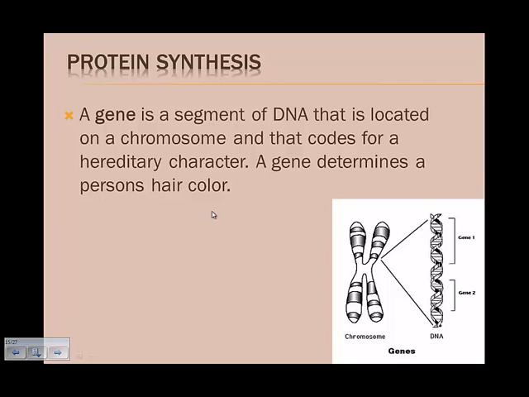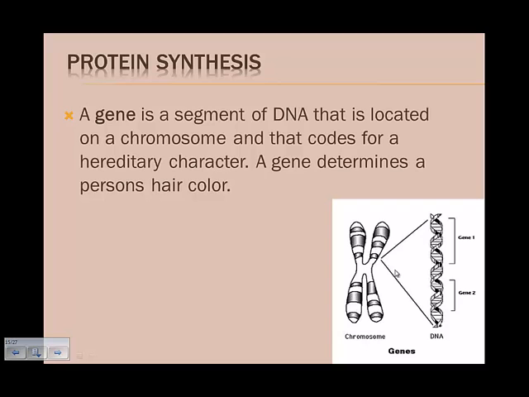So this concept of the central dogma, that is going from DNA to RNA, and then RNA to protein synthesis. And you're gonna know what all that means here in just a couple minutes. All right, so with protein synthesis, we have a gene that's a segment of DNA